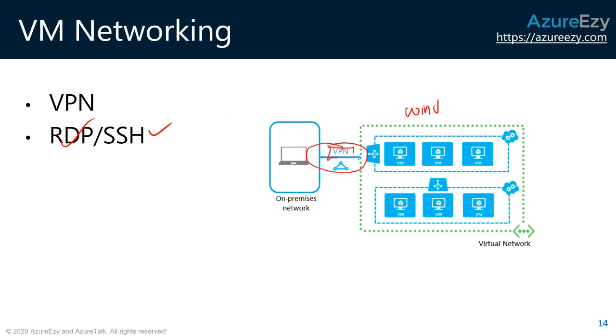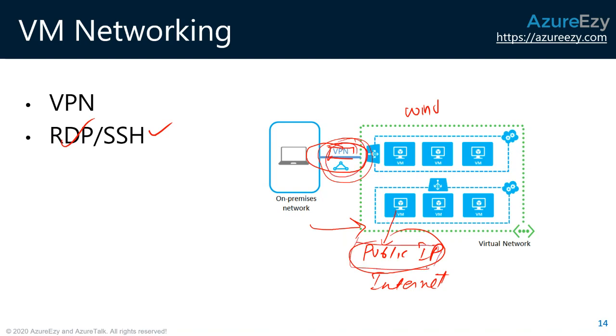You have made sure that you have the connectivity, whether VPN or something else, which we will talk about in the next point. But there are some other ways also. Without VPN connectivity, you can still connect to this VM. That is called public IP. Suppose your VM has a public IP, that means it is available on the internet. Public means internet. Now you don't need this bridge because this public IP is already on the internet.